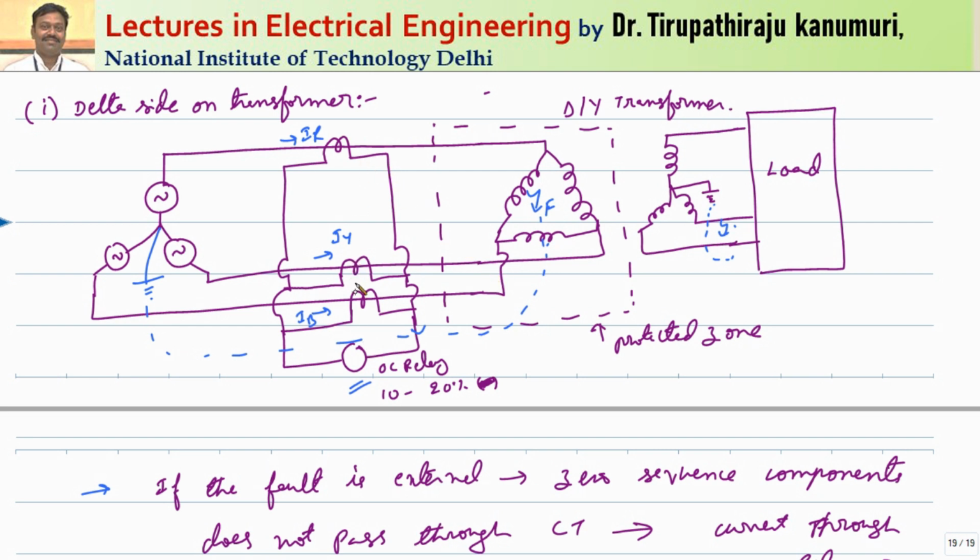You can even analyze in that way if you are confused by the zero sequence component. The sum of these three currents will not be equal to 0. When current is supplied by any one phase, say R phase, if you take the three phase waveform, the same quantity returns back through the other phases, so the instantaneous sum is always 0. Here the sum is not equal to 0 because some current is passing through the ground. As there is an imbalance, it will pass through the overcurrent relay, so your overcurrent relay will operate. Even in that way you can analyze it.